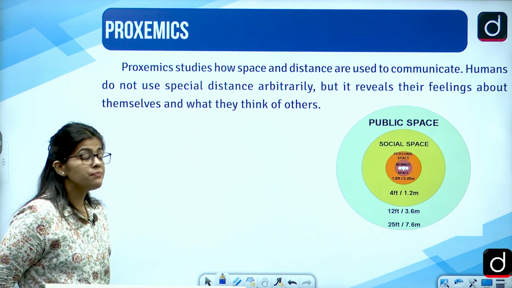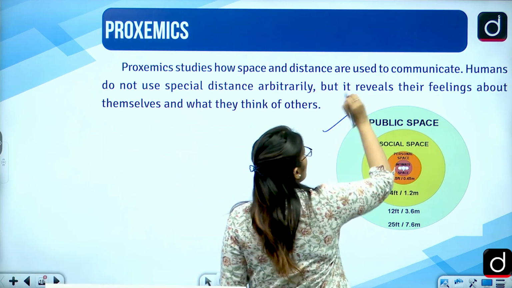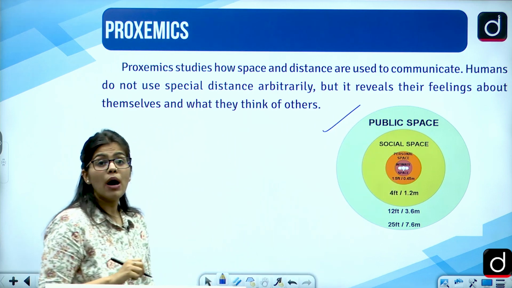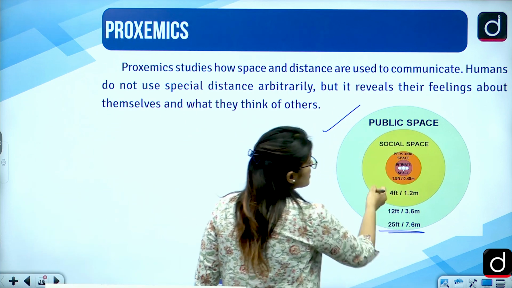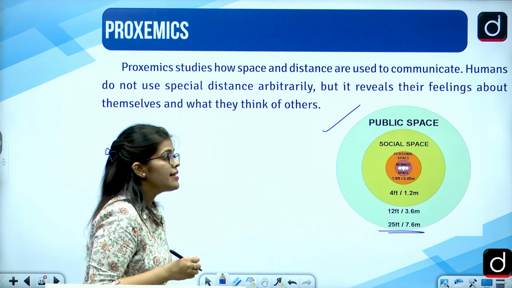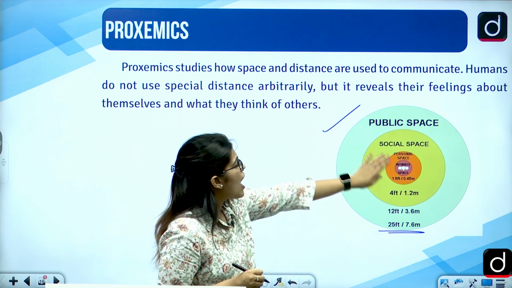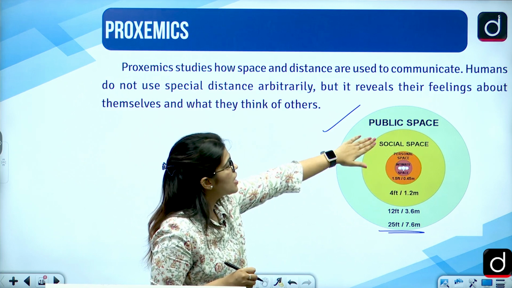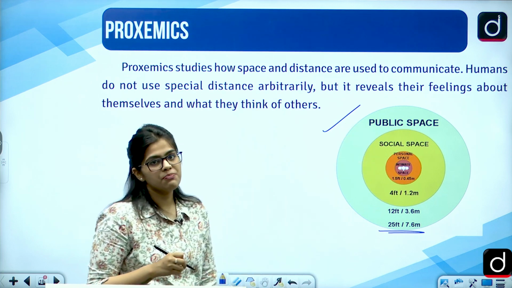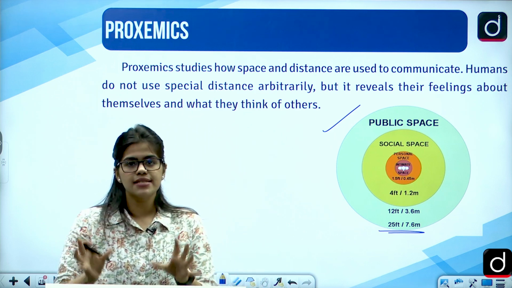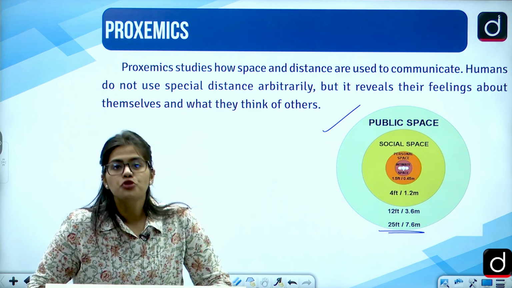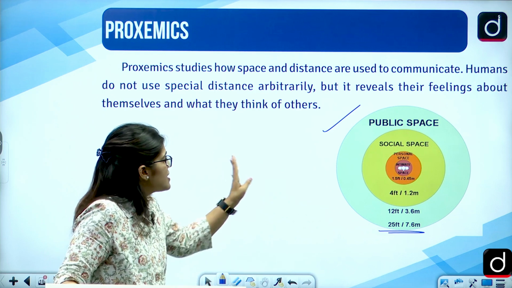Now in the exam, they have also asked in greater detail about proxemics. They have also asked about the distance between the different zones. So you should know that there are about 4 zones. You have your intimate space, personal, social, and your public space. And each space has a few inches or distances that are there, and you should know more about them. Right, so these are the spaces.